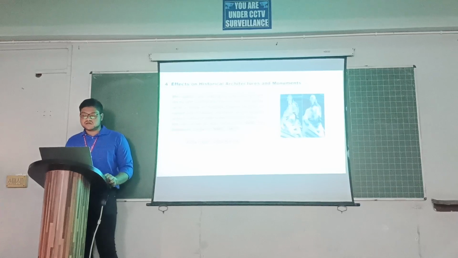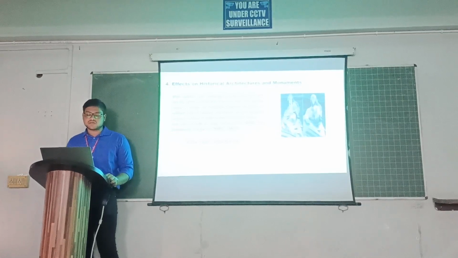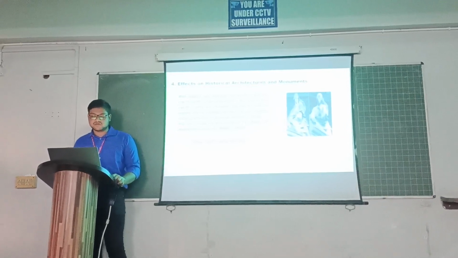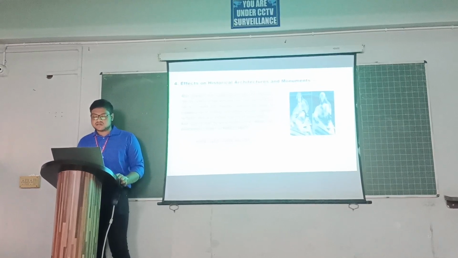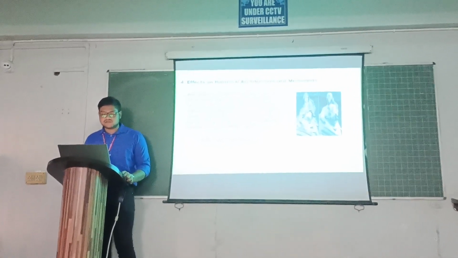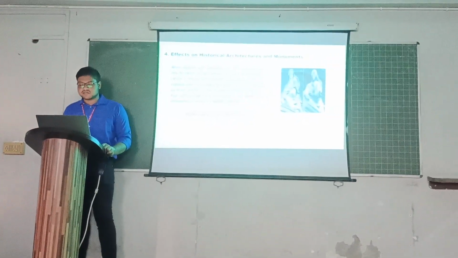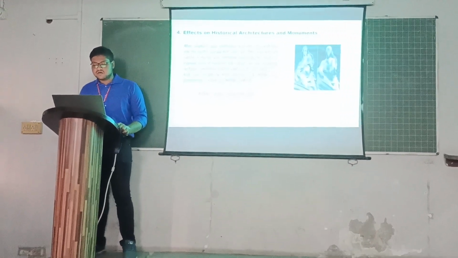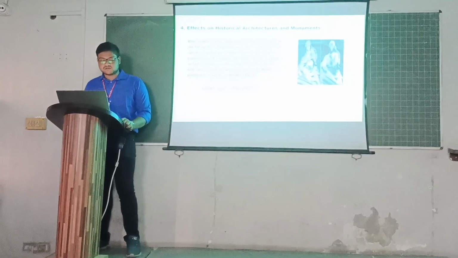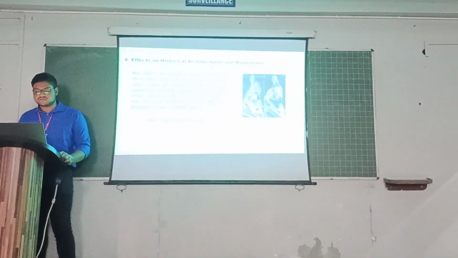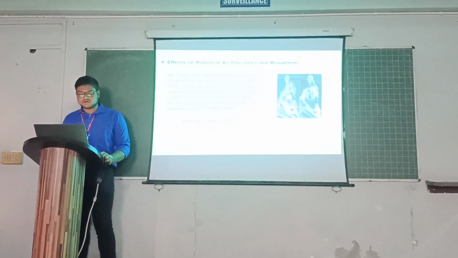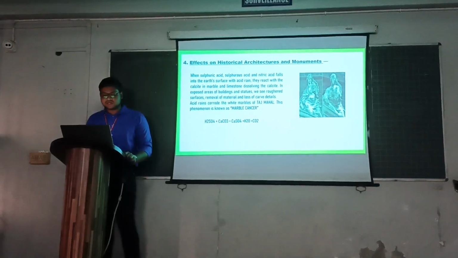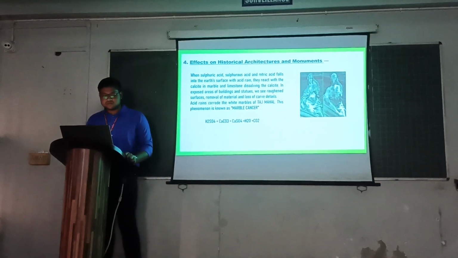Effects on historical architecture and monuments. When sulfuric acid, sulfurous acid, and nitric acid fall onto the earth's surface in acid rain, they react with the calcite in marble and limestone, dissolving the calcite in exposed areas of buildings and statues. We see roughening surfaces, removal of material, and loss of detail. Acid rain harms the white marble of the Taj Mahal. This phenomenon is known as marble cancer. Here is the mechanism of